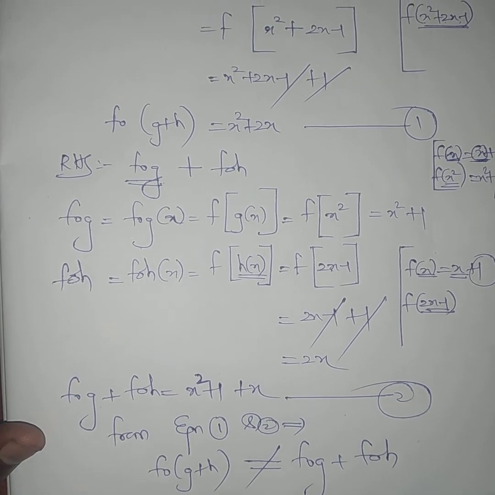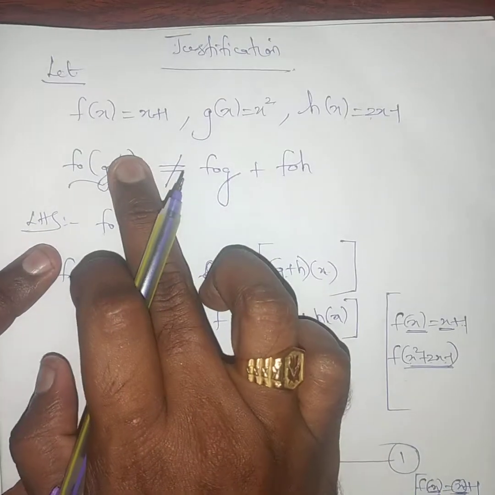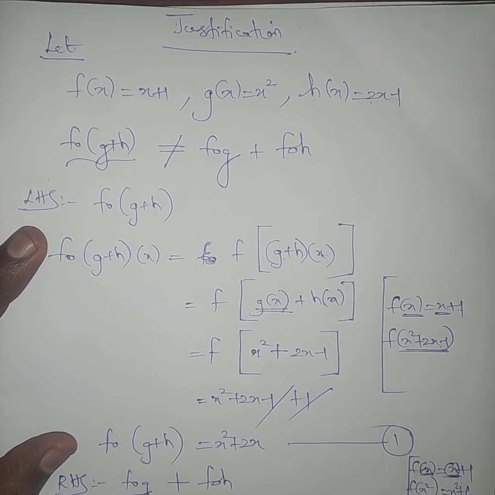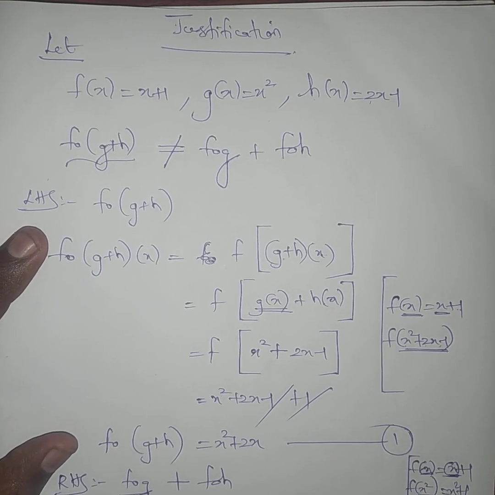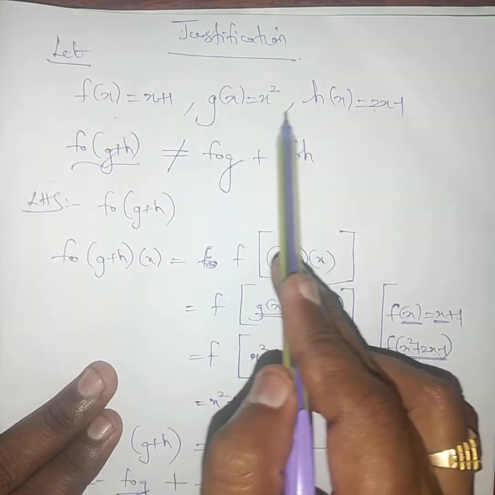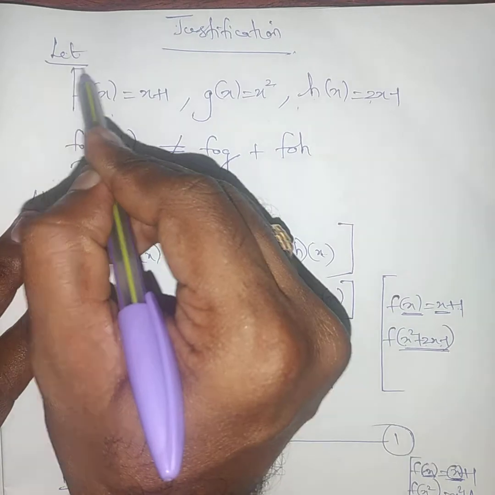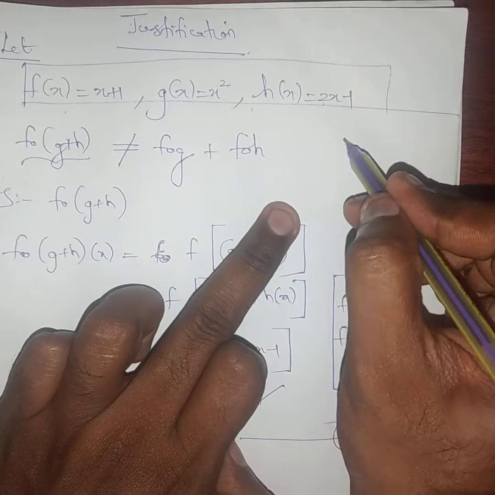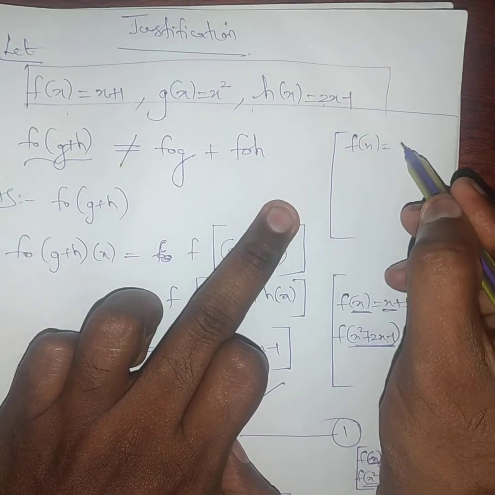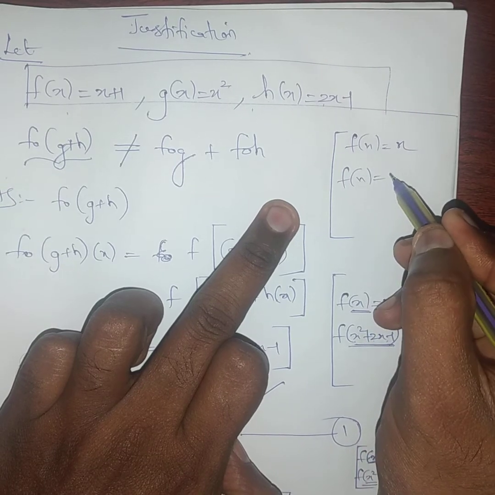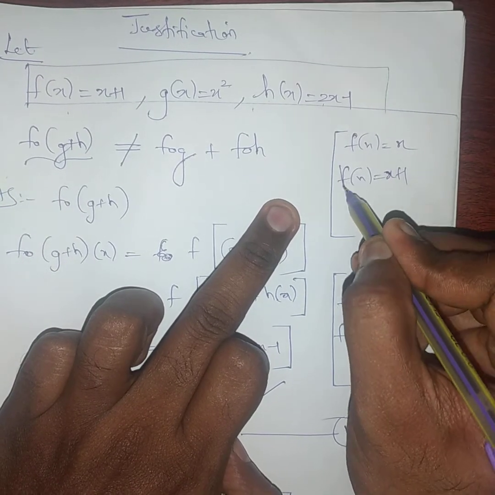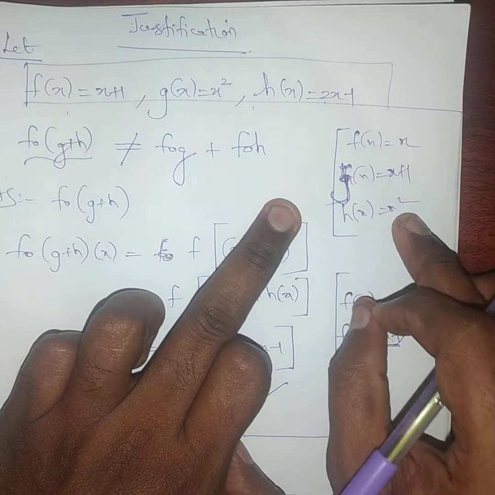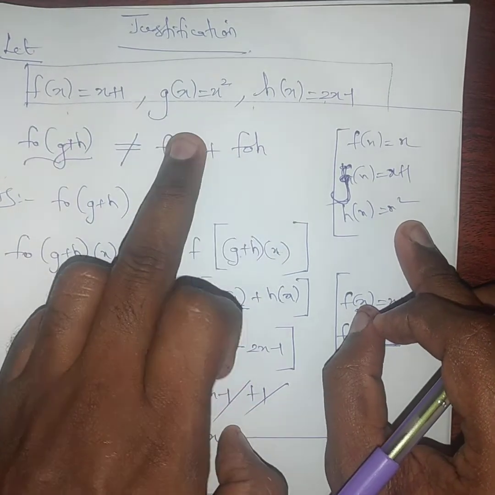I need to say one important thing to you. If I change this F of X, G of X, H of X into some other functions, it can be satisfied. Listen carefully. It can be satisfied. But what I told is, I have taken this example and proved it is not equal. Suppose for example F of X is equal to X plus 1, G of X is nothing but X plus 1, H of X is equal to X square. If you take these functions, I think it will satisfy. This one satisfies. But no problem.